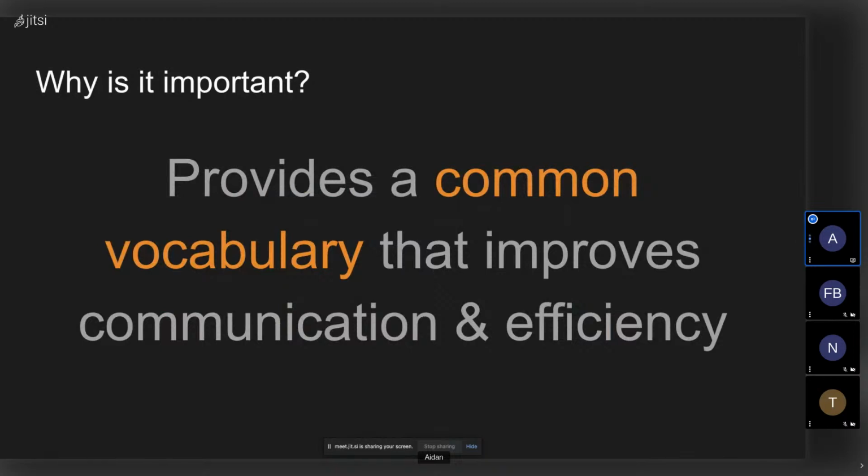And beyond that, it provides a common vocabulary for your team, so that you can work more efficiently and communicate more effectively. If your front end team, the client side application, has a concept called an estimate, and the back end systems call it pricing, and the design team is referring to it as a quote, that's confusing, because one person says one word and you have to translate to another system.